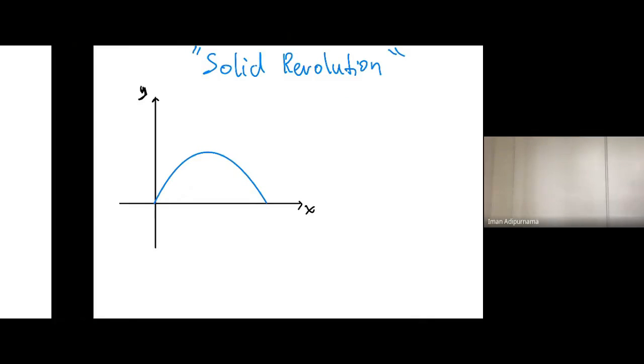Imagine this curve, you have area, right? You have area under the curve. Rotate the curve along the x. So you rotate here. Imagine that. Okay. So if we rotate here,